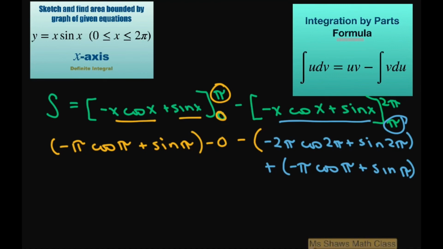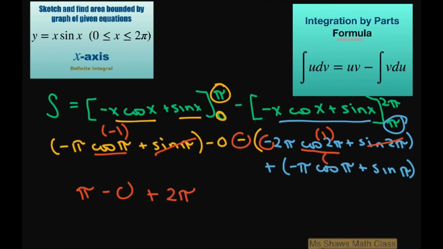Sine of pi is just 0, and cosine of pi is negative 1. So that's going to give you pi minus 0, because that's 0. And then we're going to have plus, cosine of 2 pi is just 1. Then we have two negatives, so that's plus 2 pi. This is 0. And this is a negative 1. So that's going to be another plus pi. So when you add all the pi's up, you get 4 pi. And that